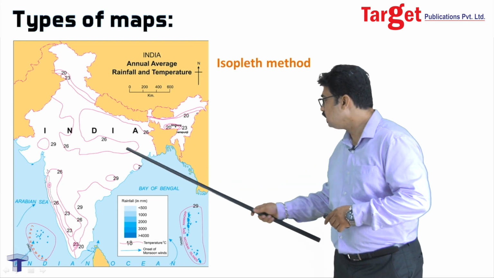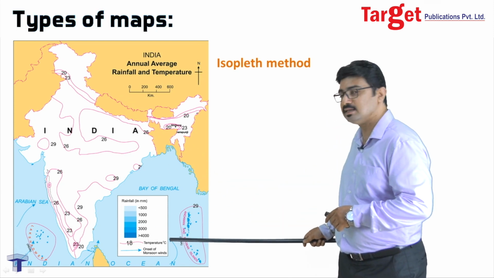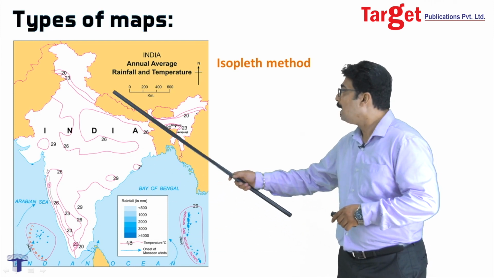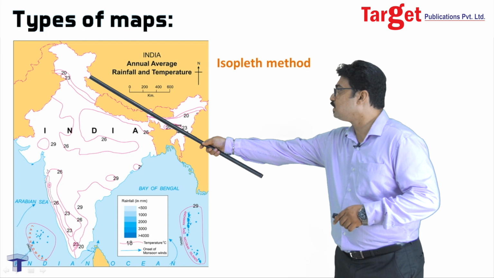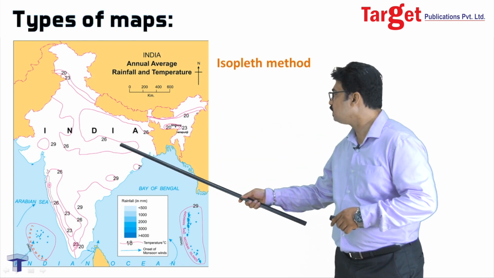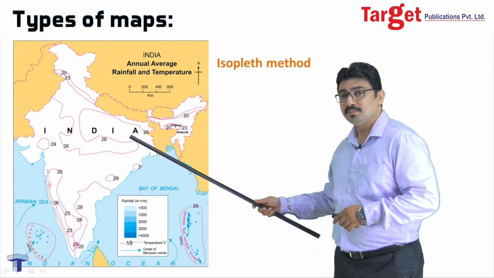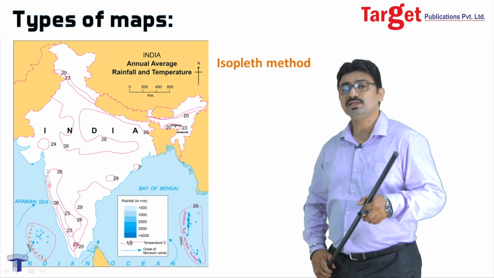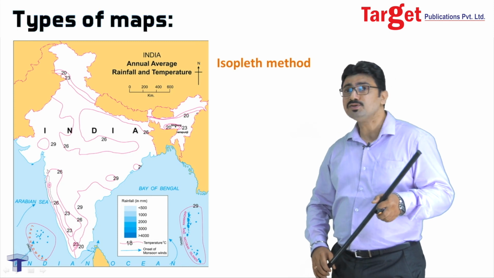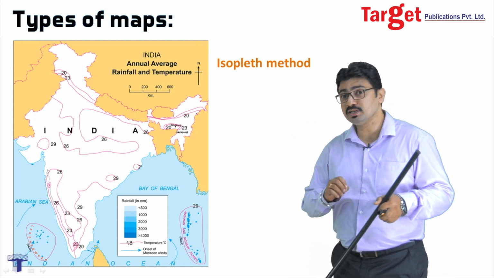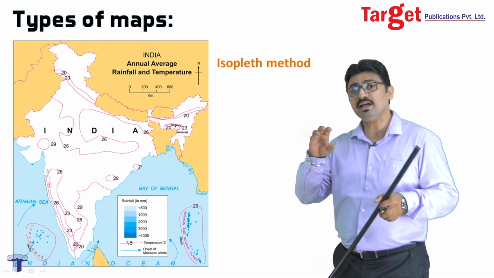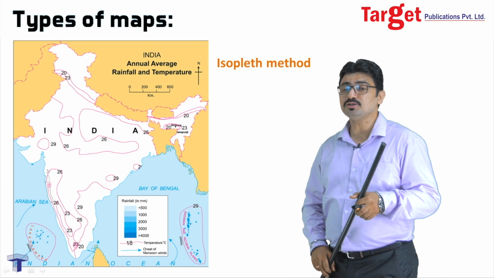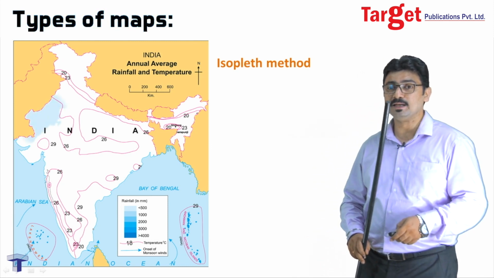And what are these lines? Here in the index, we have written that this line indicates the temperature in degree centigrade. So, the temperature where this line is mentioned is 20 degrees centigrade. Over here, it's say 26 degrees centigrade. So, basically, areas with same temperatures have been connected with a line, which makes us understand, all right, which regions have got the same temperature, which regions have got a lower temperature, where in our country we have regions with the similar temperature conditions. So, isopleth maps are very important from this perspective.